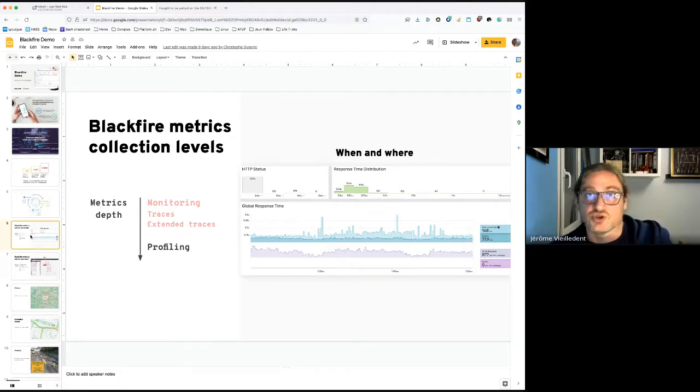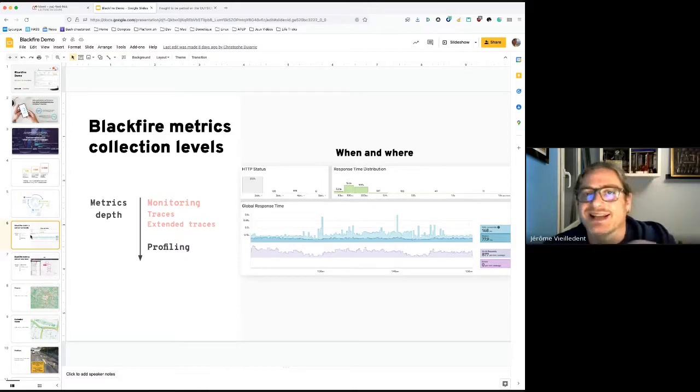This generates a trace, and a trace collects some information like the general time, the wall time, the amount of memory, the server load, the bandwidth that has been used, and also the location in your application. That's what we call a transaction. A transaction is a trace that has been identified within your application. In the case of Symfony, it would be just a controller action.